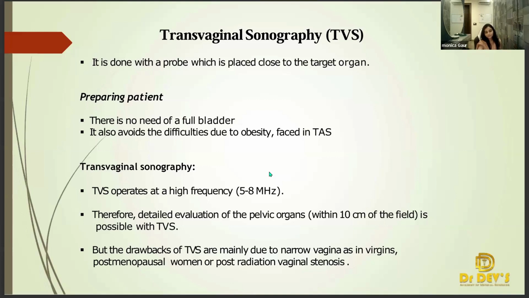It also avoids the difficulties, since when we go for transabdominal scanning, we are going through the different layers of the abdomen. We have the abdominal layer, then the intestine, then the muscular layer, and the fatty layer as well. If the thickness of the fatty layer is this much, then the visibility of the organ posterior to it will be very, very poor. So yes, obesity is the case when we should prefer doing transvaginal scan if the lady is physically active.